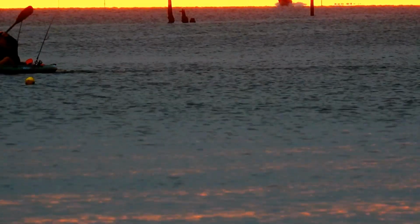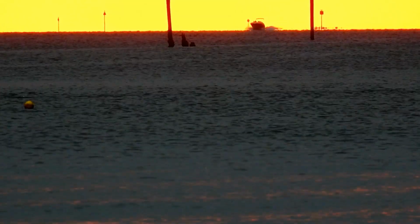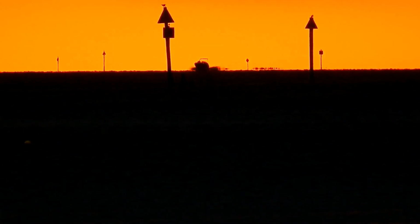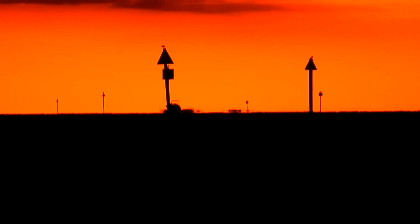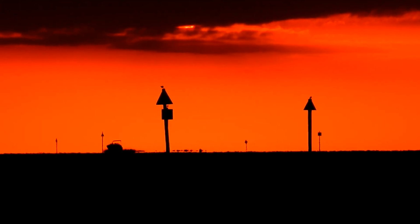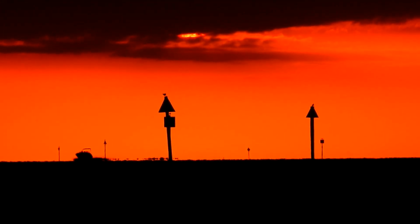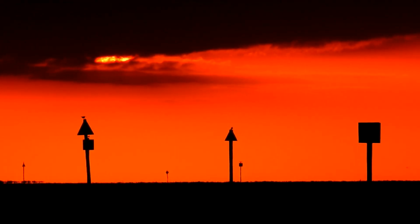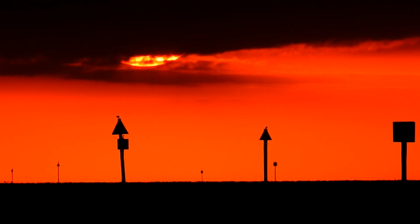And then you see this other boat in the farther background coming in, and he looks like he's floating above the water line. You even see his wake created above the false horizon. It's a false horizon, folks. That's not where the water actually ends. That's not where the curve begins. On this particular day, it actually